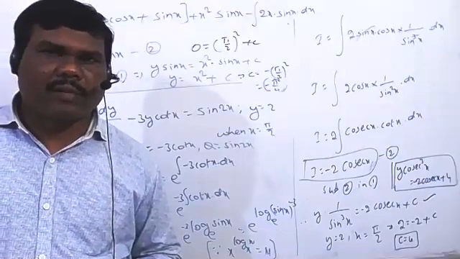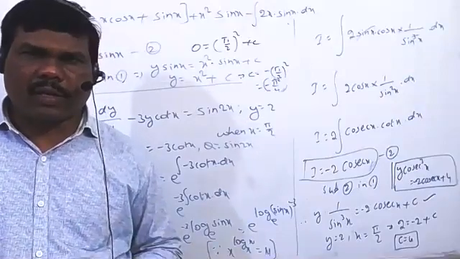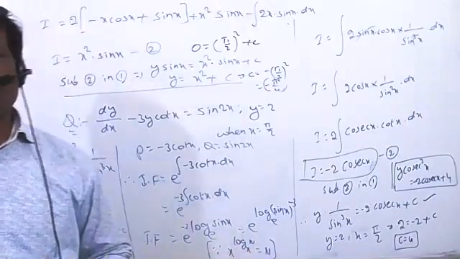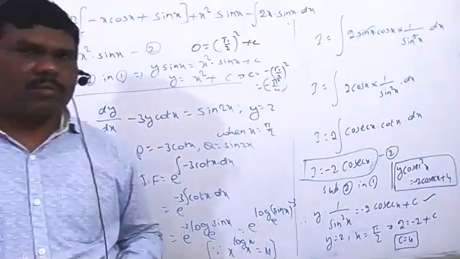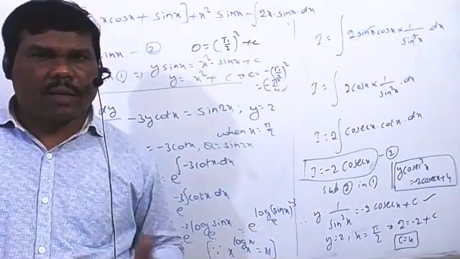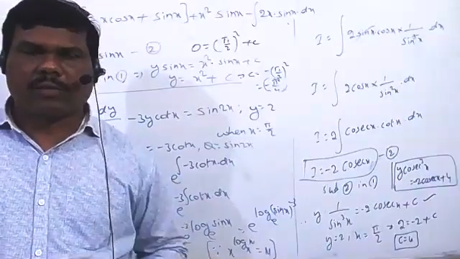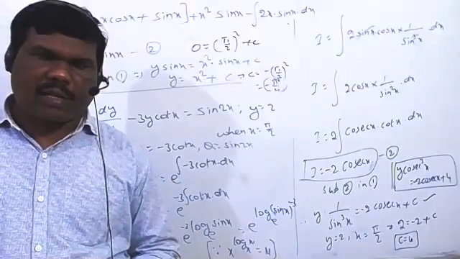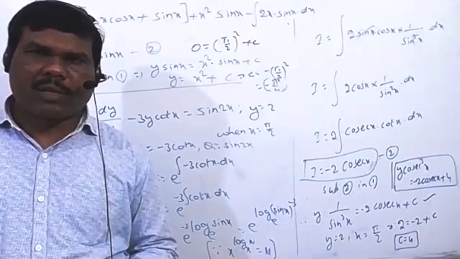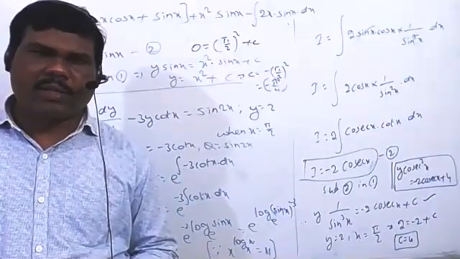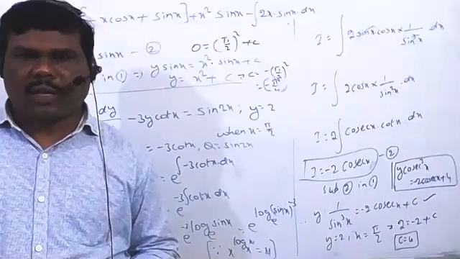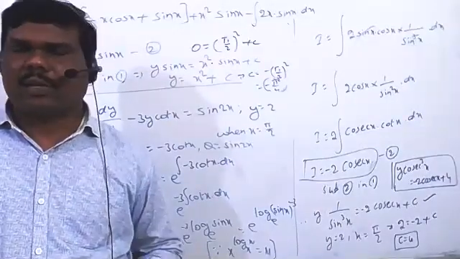In second order derivative, whatever we learned in continuity and differentiability is the same concept, but there we were not finding the equation, and here now we are finding the equation. Is that correct? Later, we went to the methods. To find the general solution and particular solution, we have three methods: the variable separable method, the homogeneous method, and the linear differential equation. The three concepts we have done. This is the chapter differential equation.